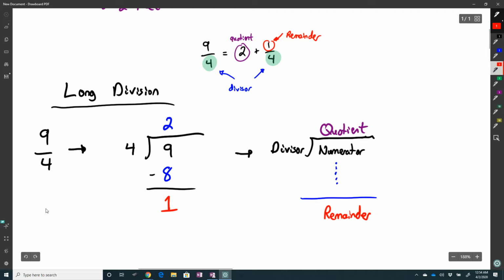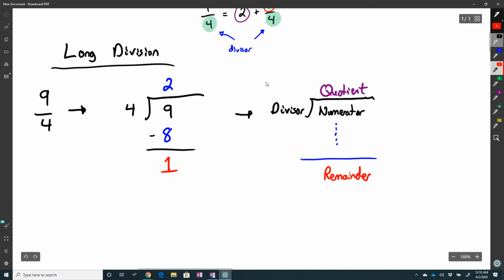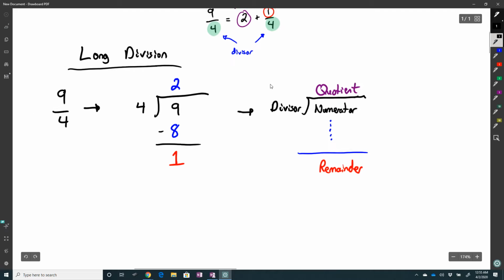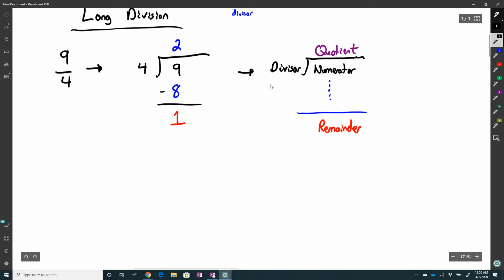So for more complicated problems where you're doing long division, it's good to know where everything goes, because you do the long division first, and then from there you construct your number. So let me make up an example. Let's say I have, I'm just totally making this up. Let's say I have 234 divided by 5.